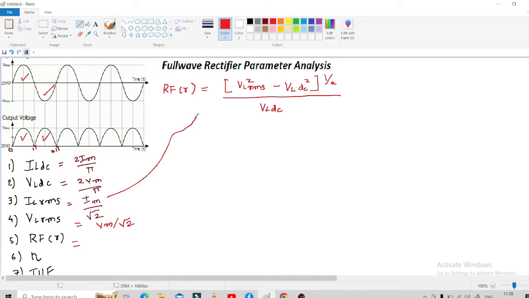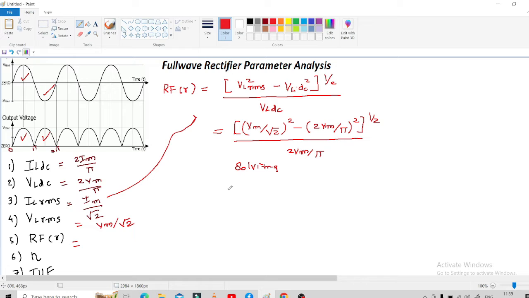So we have got this formula over here. Once we substitute this, we are getting Vm by root 2 bracket square minus 2Vm by pi bracket square, raised to half, whole divided by 2Vm by pi. You can take all Vm outside the bracket. So on solving